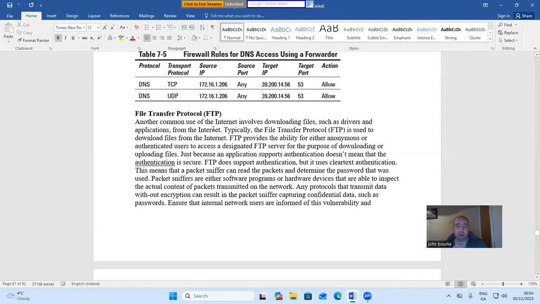File Transfer Protocol, FTP. Another common use of the internet involves downloading files such as drivers and applications from the internet. Typically, the File Transfer Protocol, FTP, is used to download files from the internet. FTP provides the ability for either anonymous or authenticated users to access a designated FTP server for the purpose of